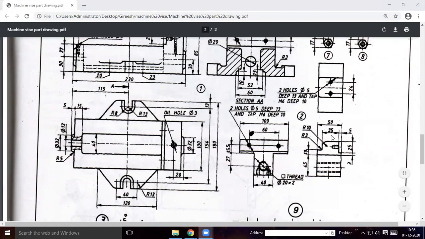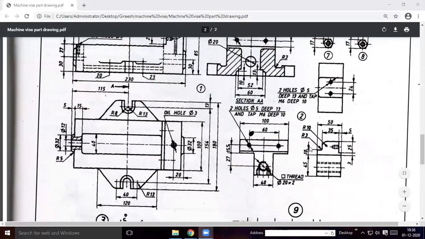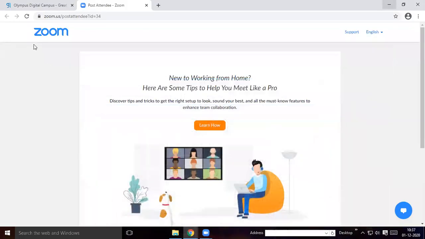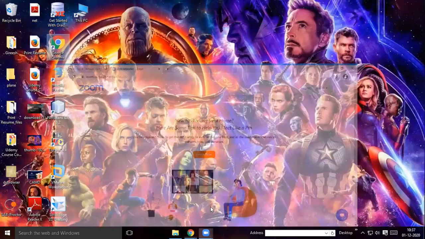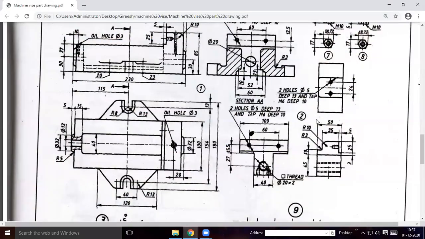So here you see, this is the front view of the second component. This is the right side view projecting on the left profile plane. This is the bottom view. Okay, is it clear? Now we have to project this one. Which command do we use? Normal protrusion or revolve protrusion? Answer. Which command are we going to use?